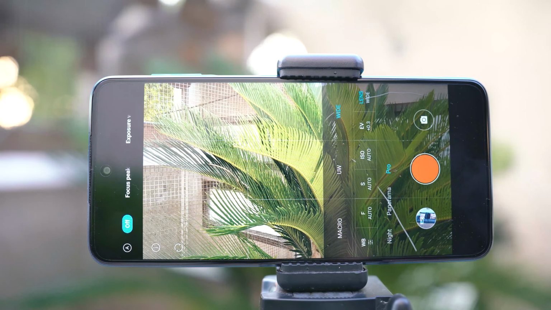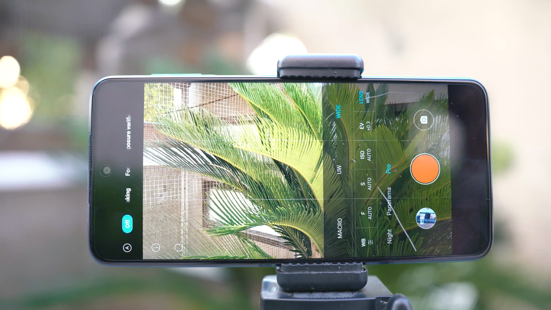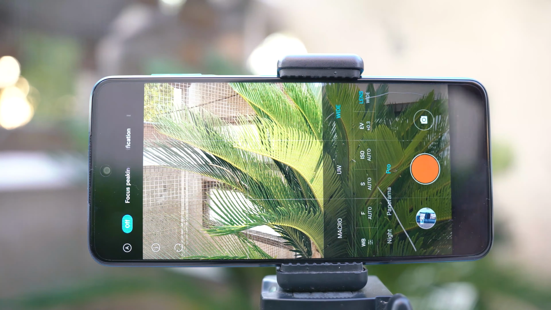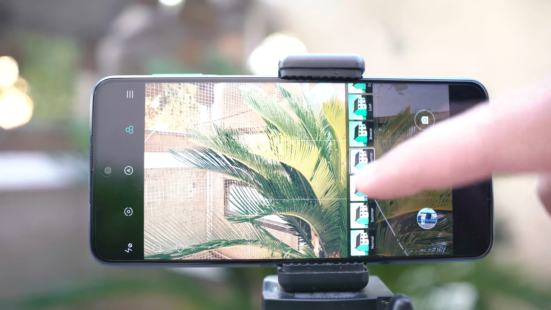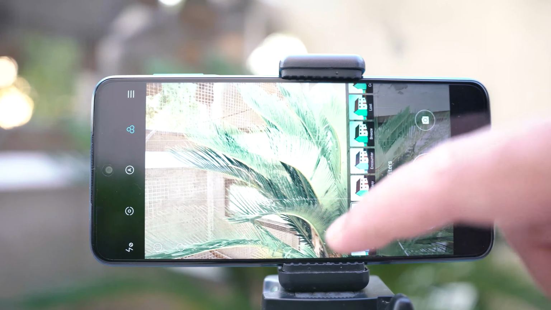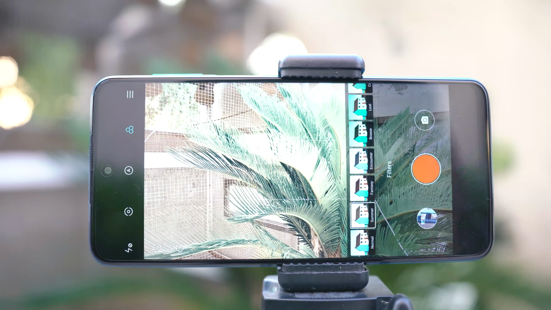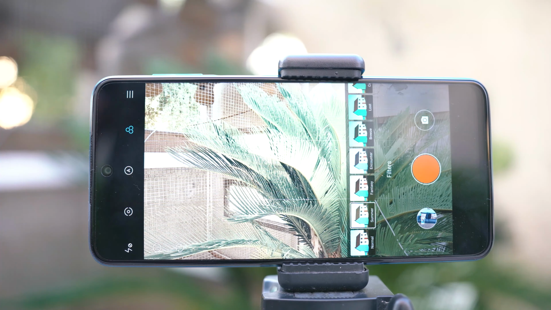Unfortunately, the pro mode does not work for the front camera, and we are yet to see a pro mode of any phone's camera to work for the front camera so far. Not even the flagship devices can do that so far. You can also choose different filters for your videos, and I think this is also one of the coolest options here. These are just separate filters for the videos. These are not the filters that we saw for the images.